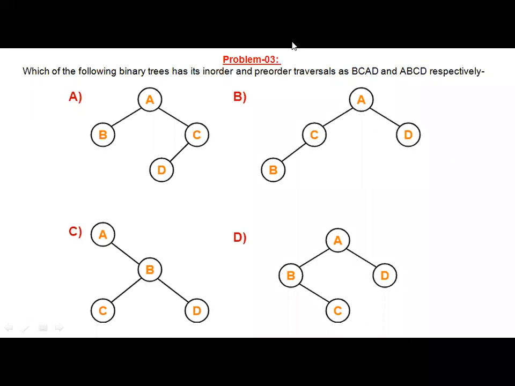You are checking only one, I think. The second one you are not checking, whether it is satisfying the second one. It should satisfy both traversal techniques, in-order and pre-order. I think D is the correct option.